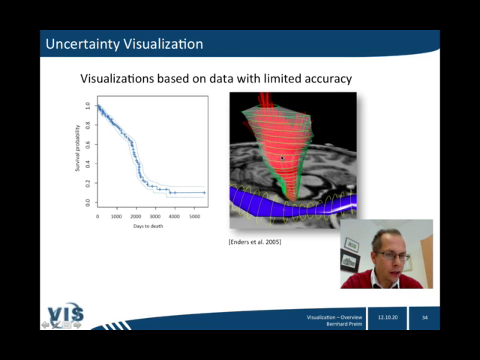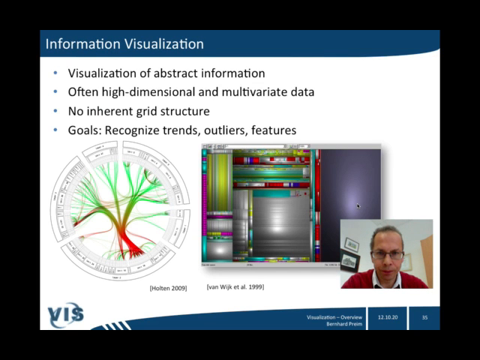But based on the uncertainty considerations, it is indicated that actually this fiber bundle could be a bit displaced. It is somewhere inside these yellow circles, but it is not necessarily exactly here where the blue surface is shown. So that gives you a feeling of what could be done with uncertainty visualization. Yeah, this gives you an idea of what we will see